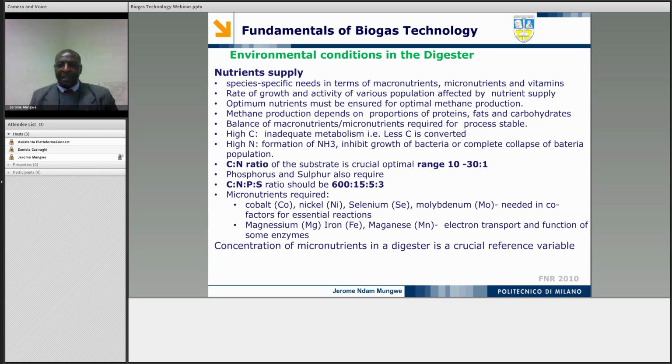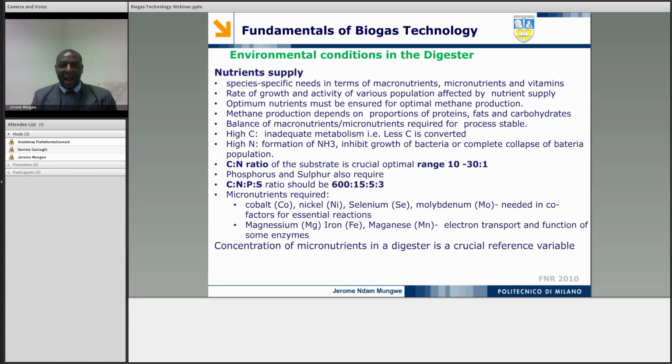The microorganisms that are responsible for the biogas process need macro and micronutrients and vitamins for their survival. So their rate of growth and activity is affected by the concentration of these nutrients. And the biogas production depends on the proportion of proteins, fats, and carbohydrates in the substrate. A balance is required, and this balance is largely determined by the carbon concentration and the nitrogen concentration in the